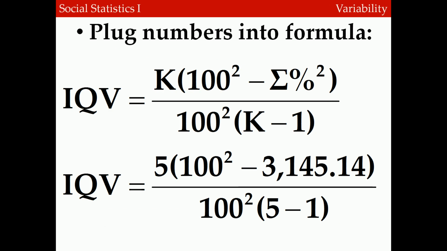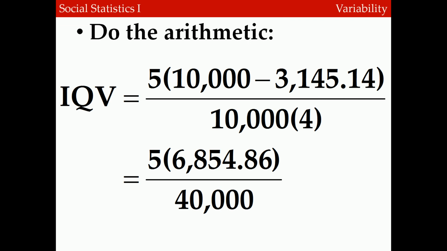Now that we have our sum of squared percentages and number of categories, we just need to plug those numbers into the formula. So the formula tells us to take k, or 5, multiply it by the quantity 100 squared, which turns out to be 10,000, and subtract that from the sum of squared percentages, which we calculated to be 3,145.14. That's the quantity we get in the numerator. In the denominator, we take 100 squared and multiply it by k minus 1. When we do the arithmetic, we find that 10,000, which is 100 squared, minus our sum of squared percentages, 3,145.14, equals